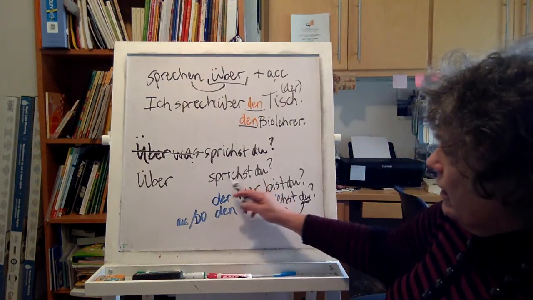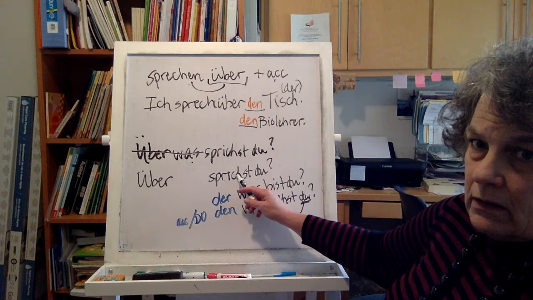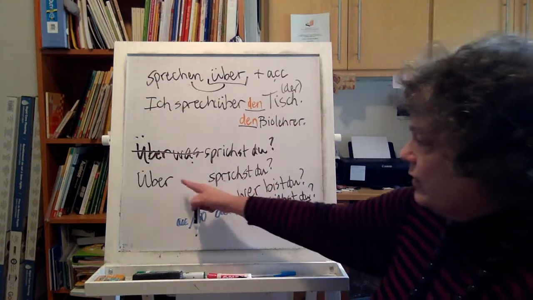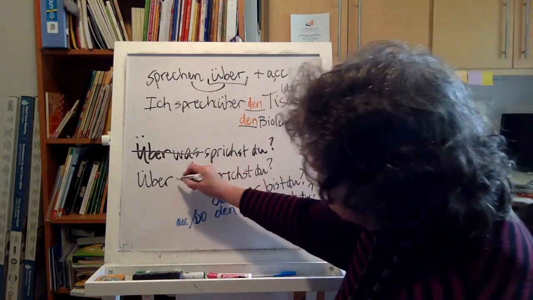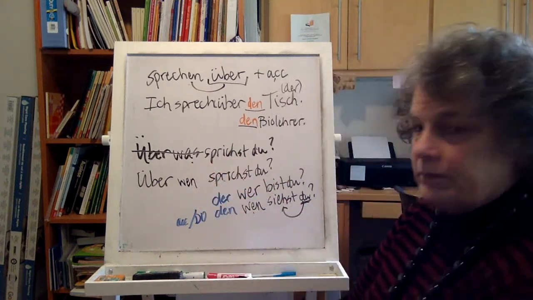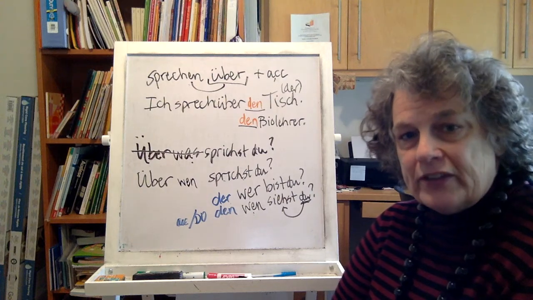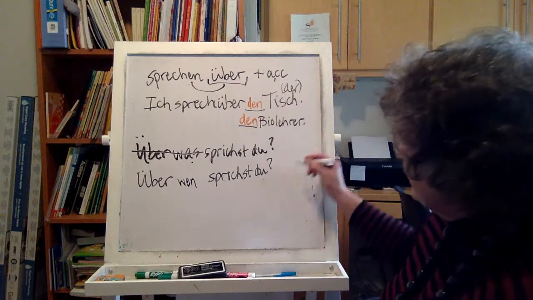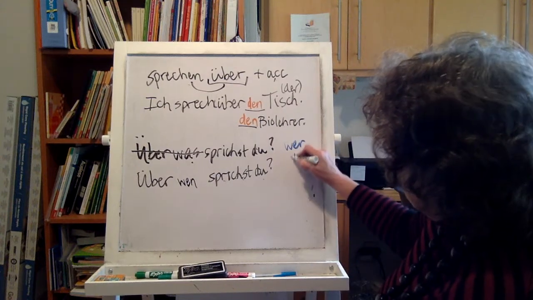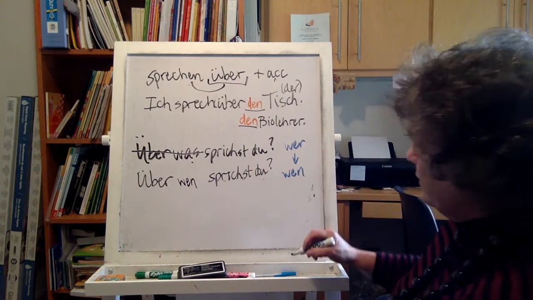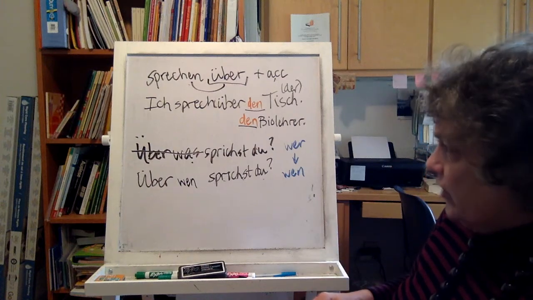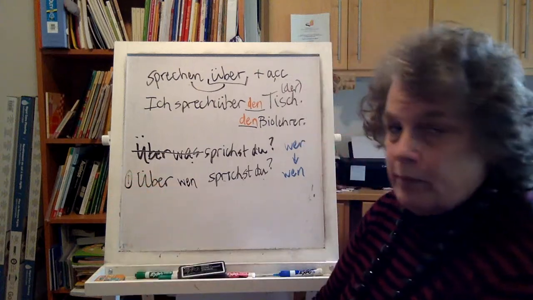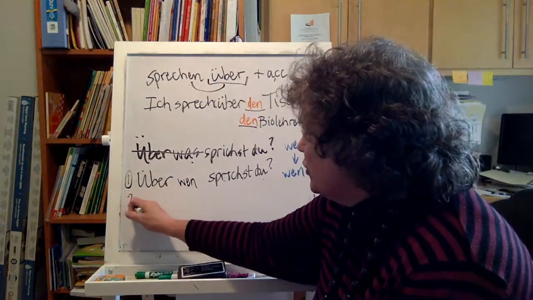So up here, if you were doing the talking, who are you talking about? That's what you want to know. But you're doing the talking, so what's going to go here? Because it's accusative? Wen. Über wen sprichst du? All right? So what you have to remember here is the wer can be wen. You have to pick which one. So you can have two different questions with this verb. You can have one, whom are you talking about? And two,